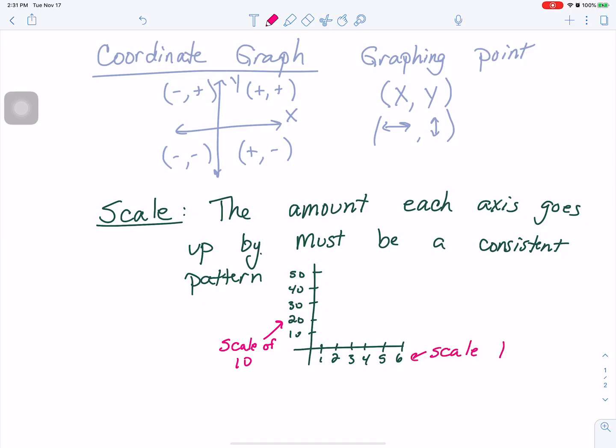It's okay that they're different. Once in a while, I'll say you want them to be the same just because of something else we're working on. But for the most part, they are independent of each other. They could be completely different. And maybe this is going to be the year. And this might be like amount of cars that you sold. And our title is selling cars. And then when we're putting in our data, we are putting in dots to represent different points. We're not necessarily connecting them. We're just going to put the dots for the data and then work on whatever skill that we're working on. So all those should be in your vocabulary, and then we're going to be using those